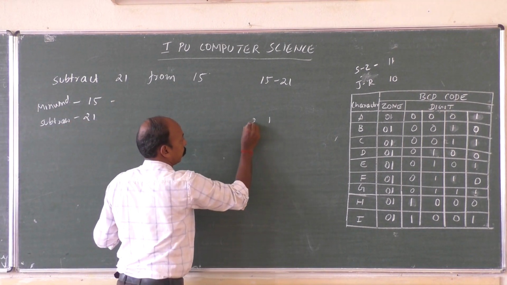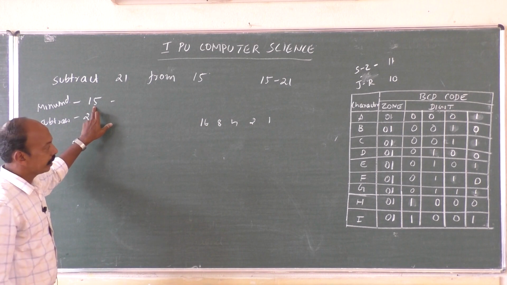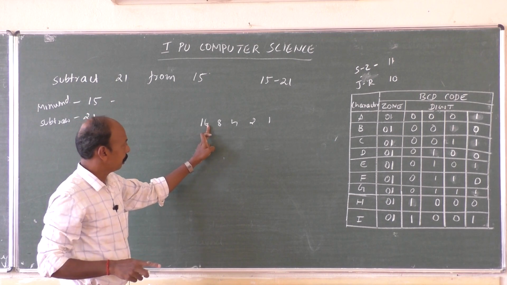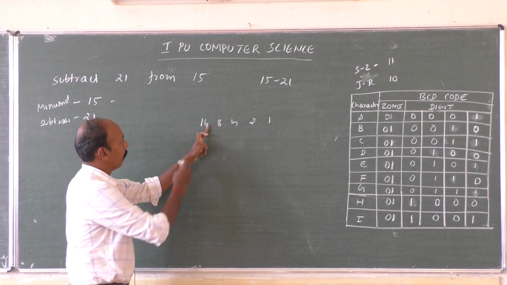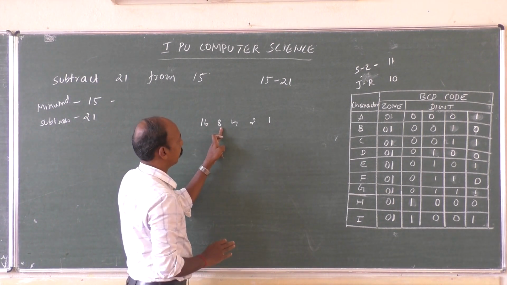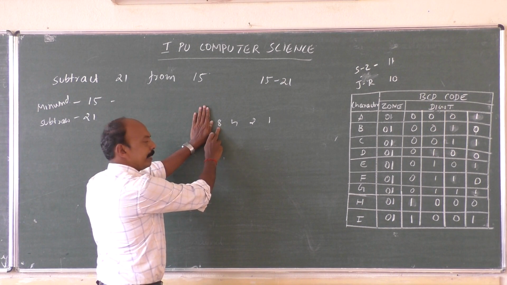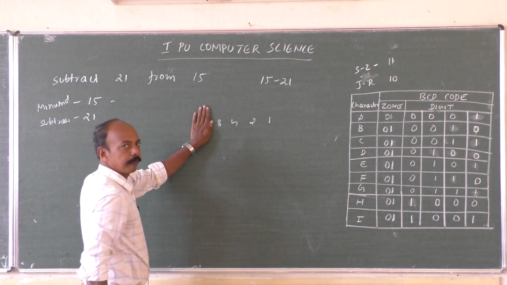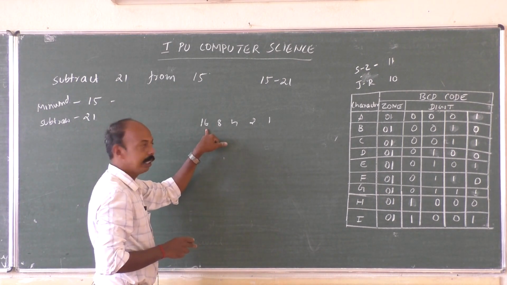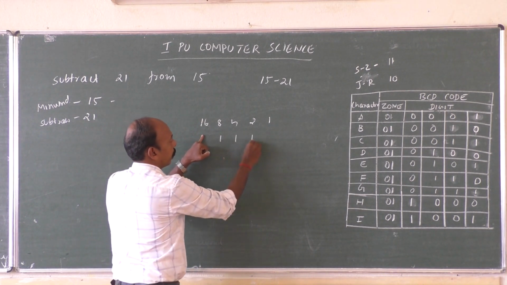Again, 1, 2, 4, 8, 16. 15 is 1 less than 16. So if the number that we want is 1 lesser than this, whatever bits we have next to this should be 1. For example, if you want 7, in order to have 7, this bit is not required, right? So 1 1 1 it will be, because 8 will be 1 0 0 0. Similarly, it is 16. What we want is 15, so this particular bit is not required. 1 1 1 1.